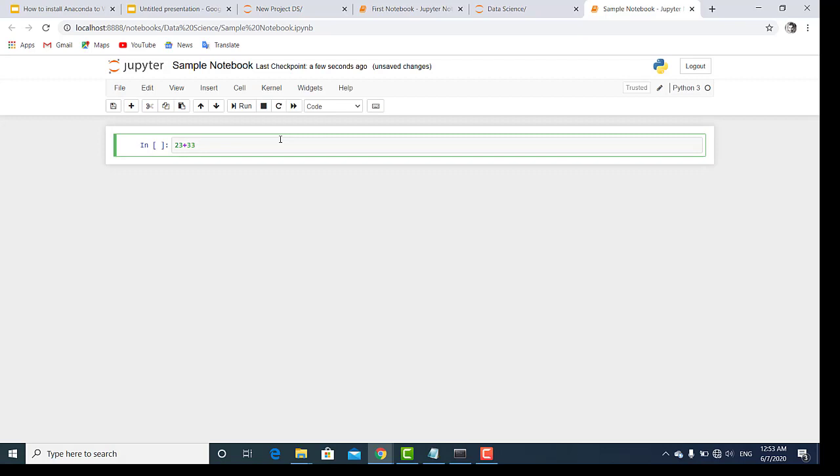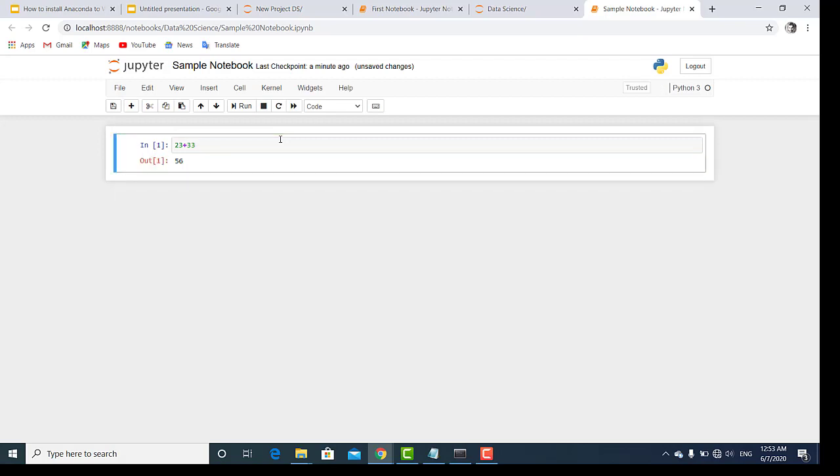There are a few combinations of keys which you have to press in order to run the cell. Each block you can see is a cell. To run that cell, you have to press a combination of keys such as Control and Enter. And there you go. I'll explain later how to work on Jupyter Notebook in my coming videos.